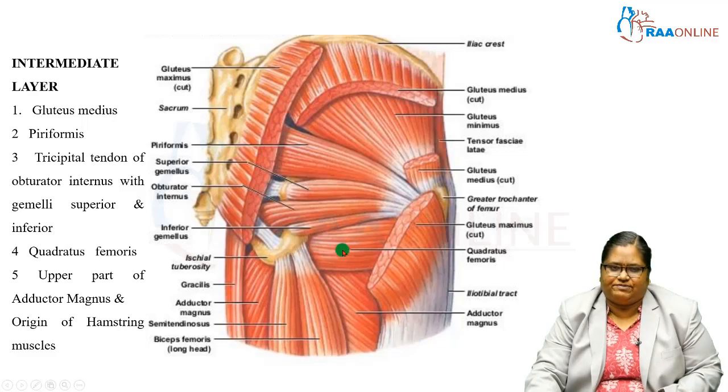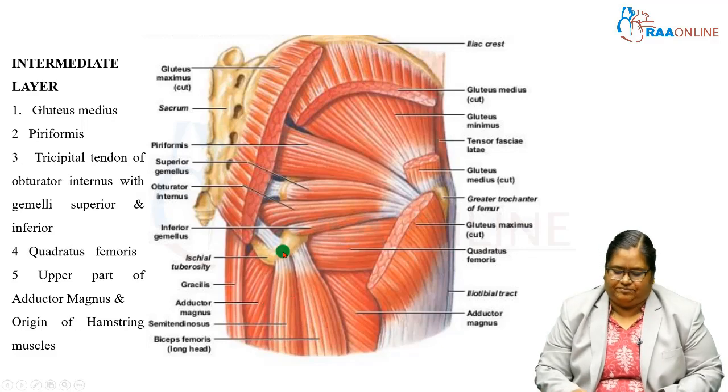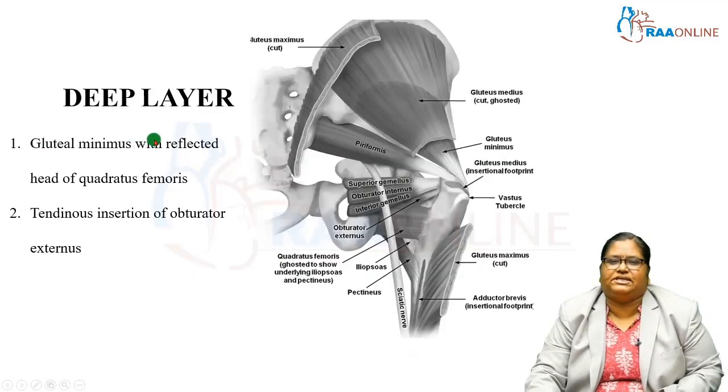We have the quadratus femoris and the upper part of the adductor magnus and the origin of the hamstring muscles. What are the muscles present in the deep layer? As soon as you remove the gluteus medius, this is the gluteus minimus muscle with the reflected head